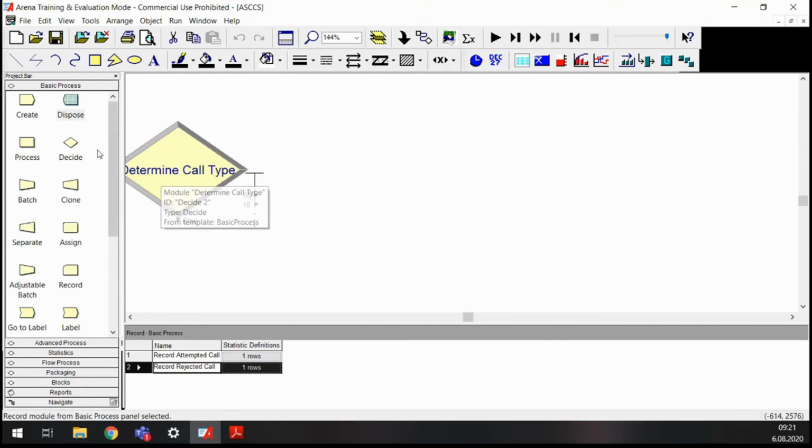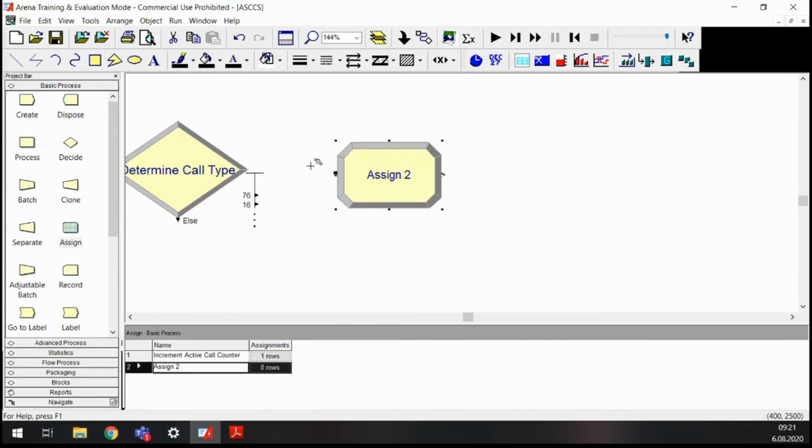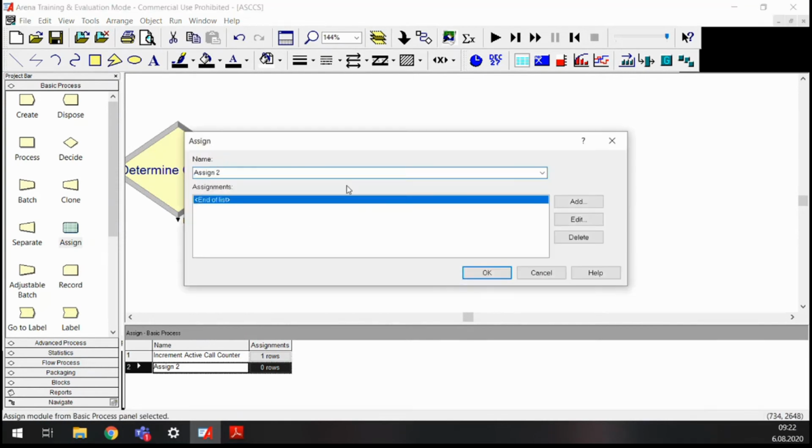However, before that, I am just going to create an assign module here, and I'm just going to connect that 76% to that assign module. And the name of this assign module is going to be assign tech call. So these calls are technical calls. They would like to get technical support. Therefore, they are called tech calls. Assign tech call, entity type and picture. So I am just going to use this module here to change